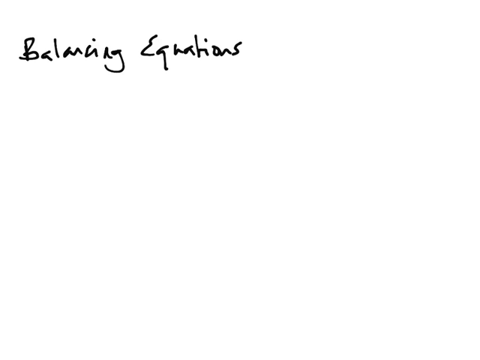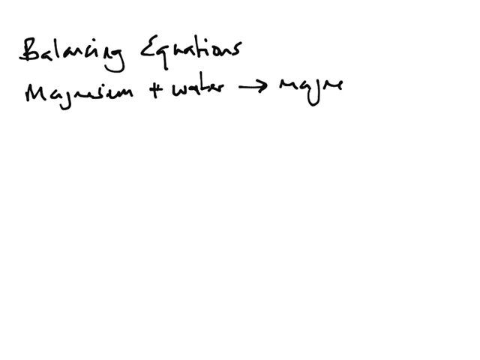Okay, the first thing we're going to look at in terms of balancing equations is magnesium plus water. You should know that magnesium plus water produces magnesium oxide